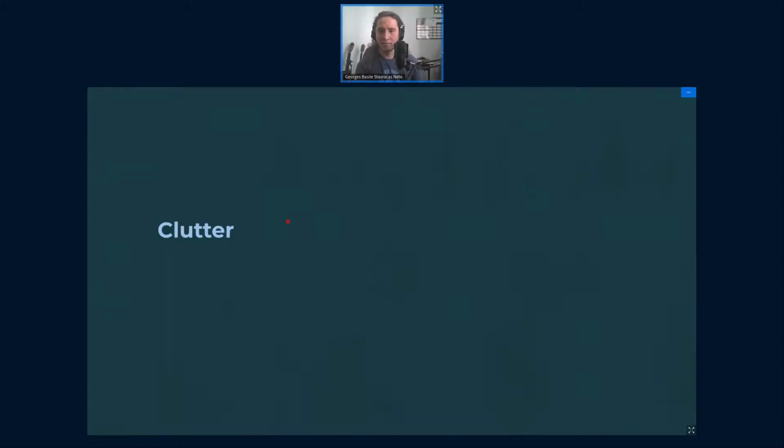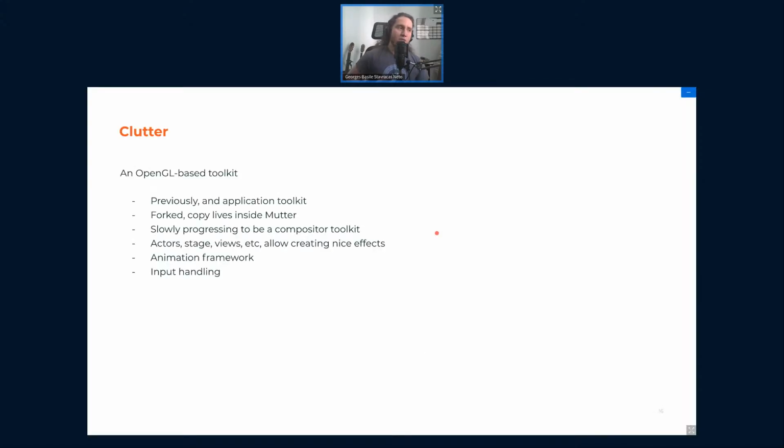And then we have Glitter, which is the toolkit that we use for drawing. So Glitter was born as an application toolkit, OpenGL based, of course, being based on Cargo. It's OpenGL by nature. And over time, it grew a very large pile of hacks in order to become a compositor toolkit. But at some point, it got so distorted that it was better to basically fork it inside Mutter.